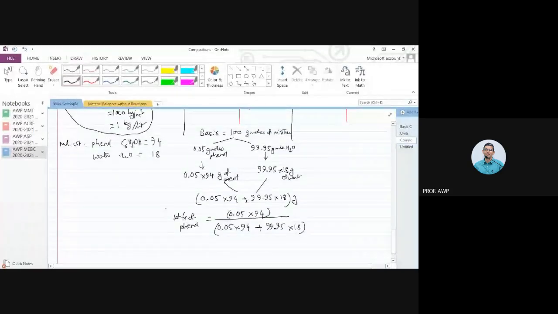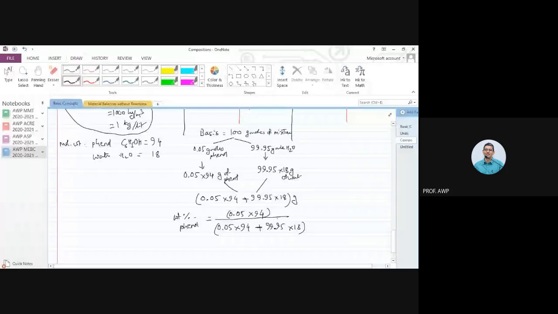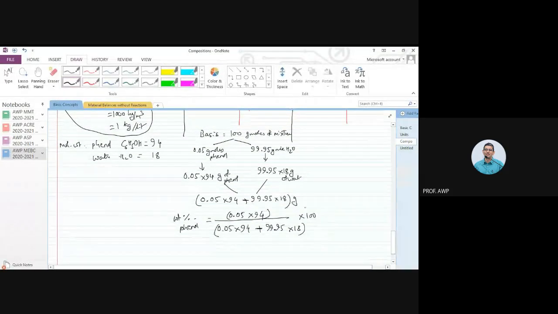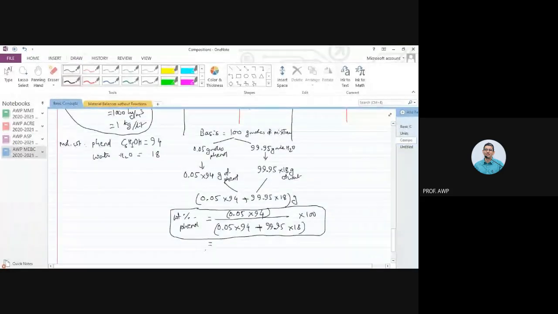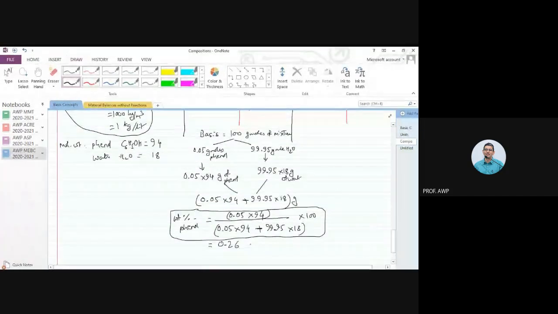And weight percent phenol would be this multiplied by 100. I don't know how much we are getting, so we just calculate so that we're absolutely sure about the correct answer. So 0.26 weight%